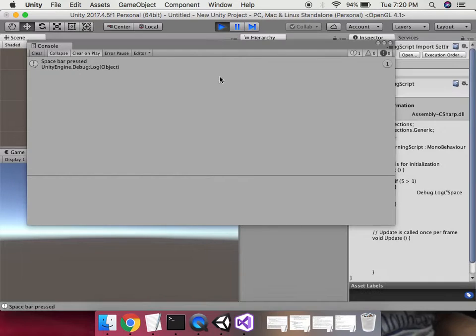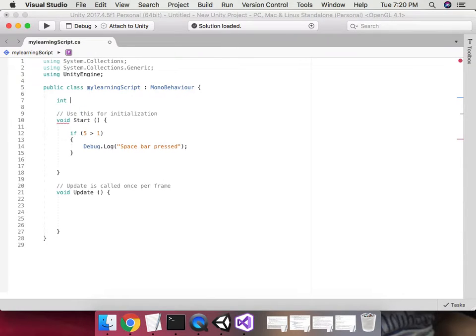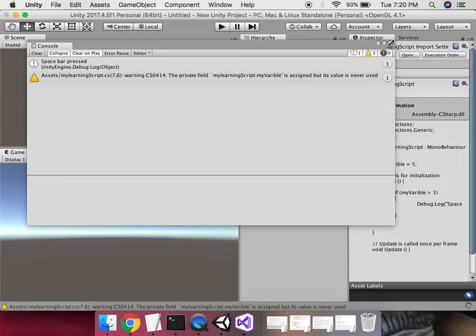Spacebar pressed. Okay, so you can put any condition out here. You can use a variable, say an integer variable. This is called the type of a variable, integer variable, myVariable. Let's make it equal to 5. Okay, and instead of checking with the hard-coded value, that's called a hard-coded value, we'll check it with a variable. So this condition now changes to if myVariable is greater than 1. So now again we should have,